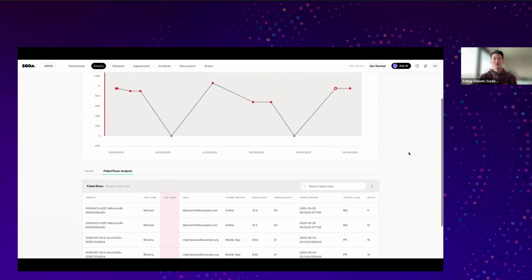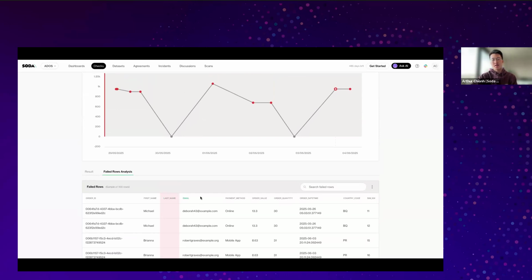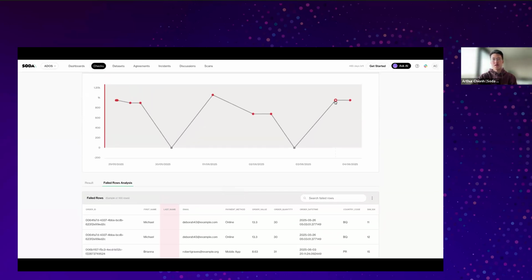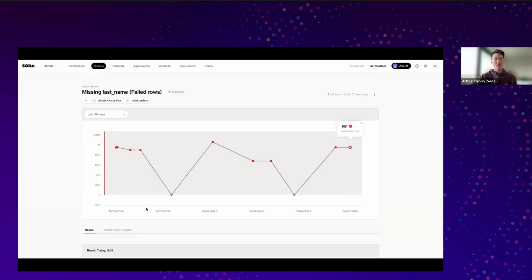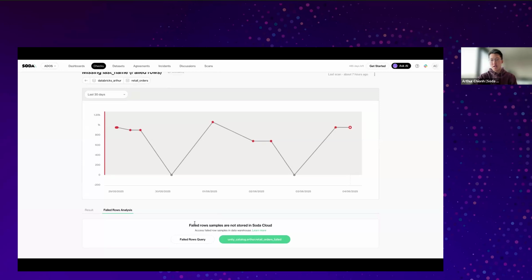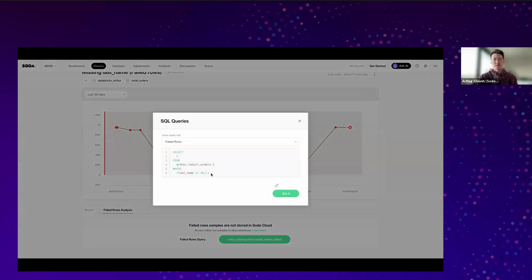So worth mentioning here, and also in the context of Databricks, because these values might contain sensitive or private information, you cannot simply send it to Soda and show it in the user interface like this. That's why Soda provides an alternative where you can very easily disable Soda from being able to collect that sample of failed rows and display it in the UI. And you can instead replace those rows with alternatives. For example, giving users an SQL query, which you can then execute in your own warehouse, for example, in Databricks, in the security of your own architecture, where users can see those failed rows without having to send and expose